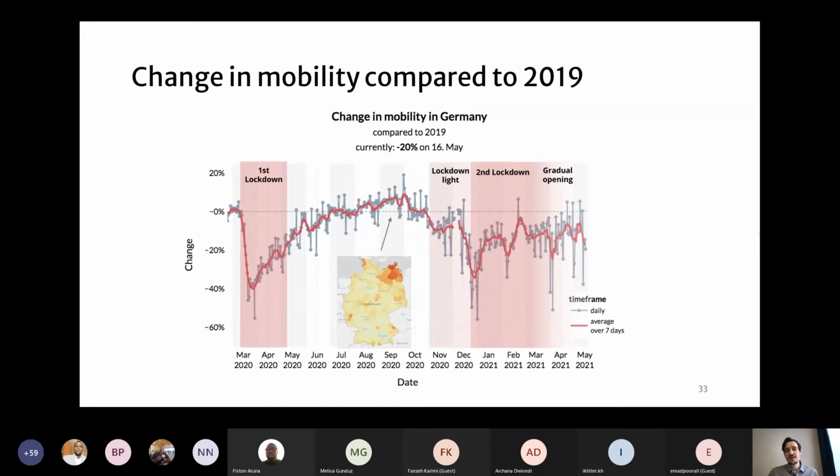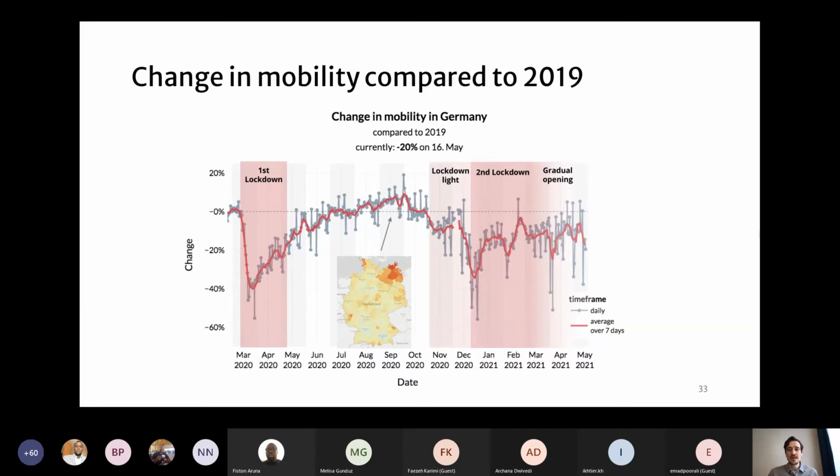And then what's interesting is you can see the different phases of the pandemic and how different the reaction is in different phases. So in November, for example, we had this lockdown light at the start of November. And again, you immediately see that there's a reaction and that mobility was reduced, but it wasn't reduced as much as during the first lockdown. And this was very interesting because this is a great example of